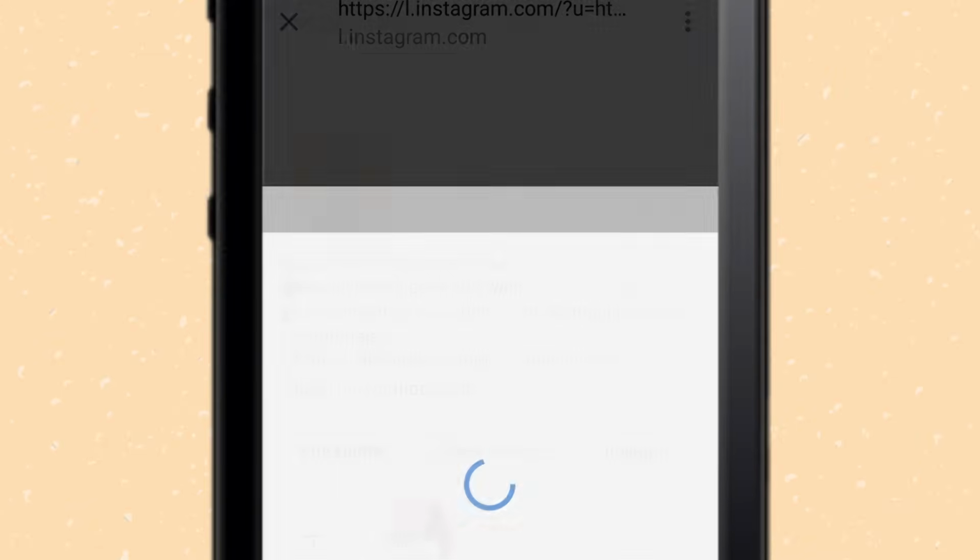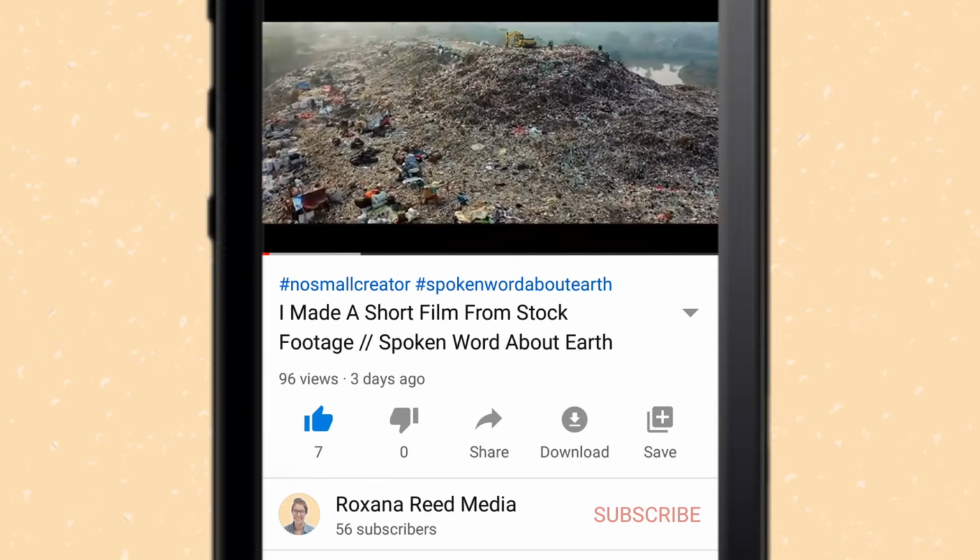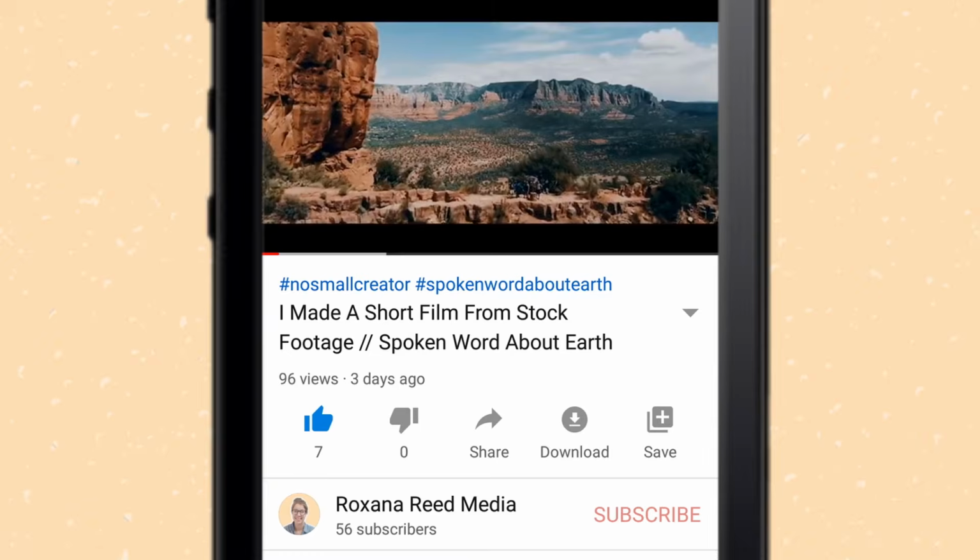Now when anyone clicks that link, whether they are on iOS, Apple products, or my favorite, Android, it will open in the YouTube app if they have it installed on their phone already. If the app isn't installed on their device, it will just go to the in-app browser. This has been something that's been bugging me for ages, so I'm really glad I found a solution that I can share with you.